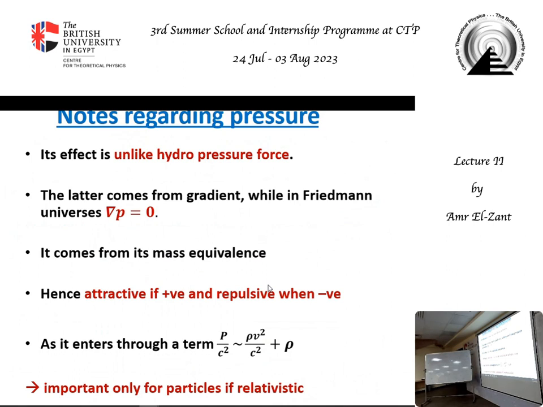What makes you understand that even though we use very normal hydrodynamics, this is not hydrodynamic pressure, the normal Newtonian pressure from movement of a gas in a gas canister. This is nothing like that. The universe could be infinite and homogeneous and have this pressure force without any gradient. In a normal Euler equation, you need a gradient. So this is the important bit in relativity. This is what's new. Relativistically, cosmologically speaking, this pressure is a mass equivalent. It's relativistic, so this is not trivial. But the other stuff is trivial.